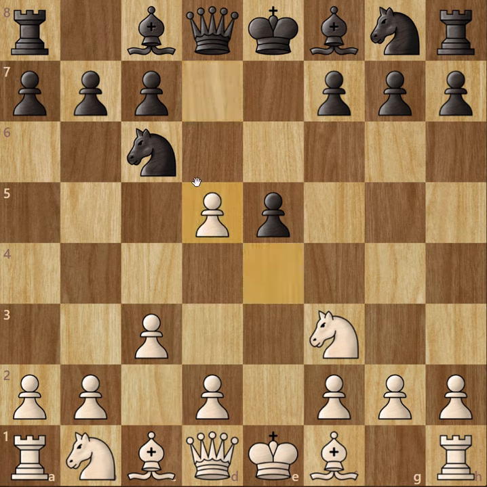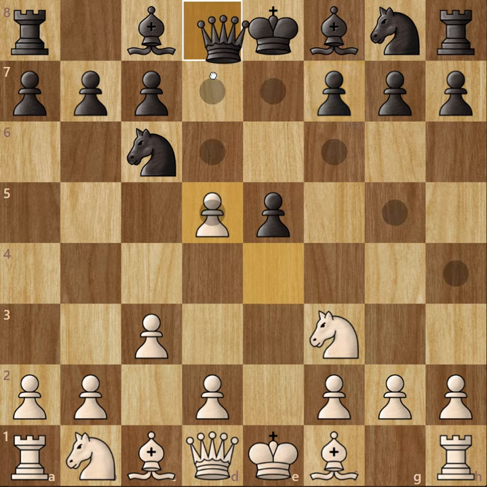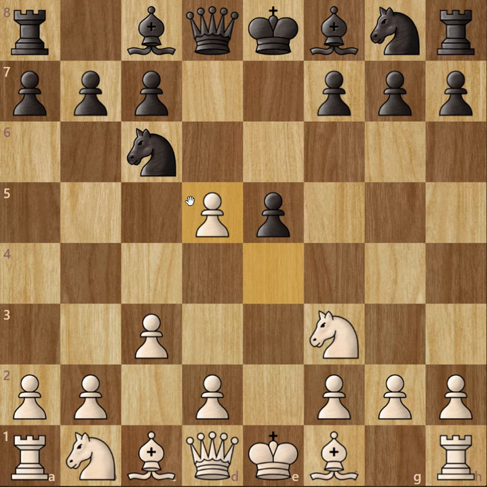So if 50 moves happen without a single pawn move, if in those 50 moves neither side has moved a pawn or no captures have happened. This is a capture. No captures have happened or no pawn moves have happened. Then after 50 moves, the players can immediately claim a draw. But if neither player wants to claim a draw, then after 75 moves, it automatically becomes a draw, regardless of whether either player wants to claim or not.